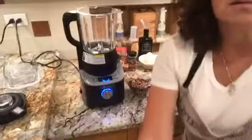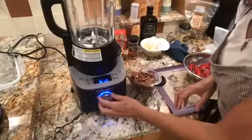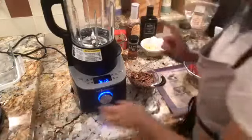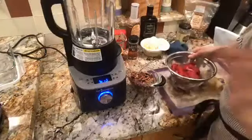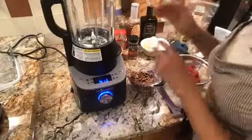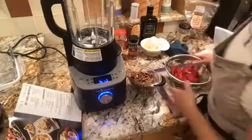So a couple other really cool features. It has 8 different settings, which, hold on, maybe if I can get a little closer, you can see some of them. There's a dial right here, and this activates the, oh, you have to have the lid on for me to do it. So hold on a second. Let's get it filled up and moving. The recipes are very specific about putting the ingredients in the order they're listed. So I'm just going to double check since this is the first time I'm making this, although I've seen it made,